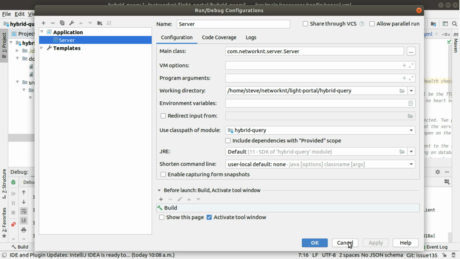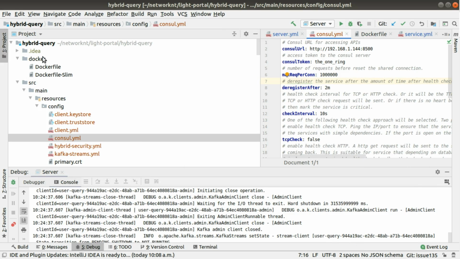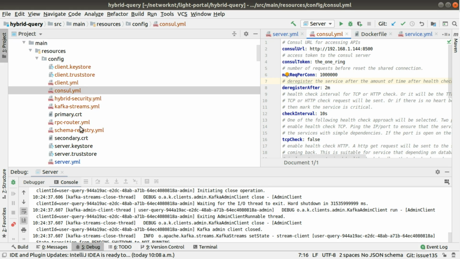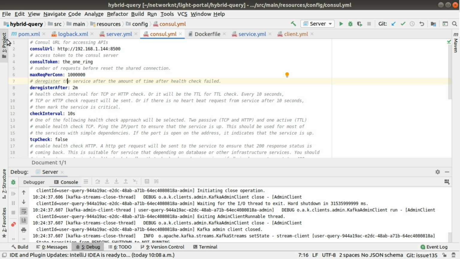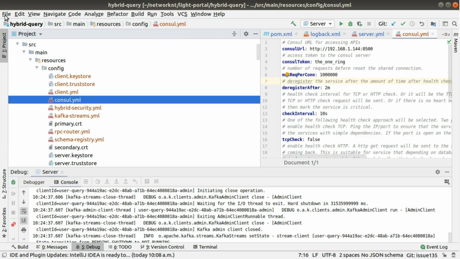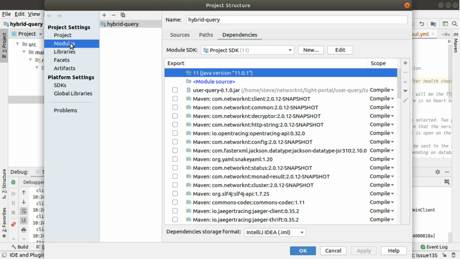Let's close this and see how we can put the user query service on this server. The way it works is this: we need to add the user query as a dependency in the class path. What we need to do is go to the project structure. Within the project structure, you go to modules and click dependencies, and after this you can click this button, jars or directories,